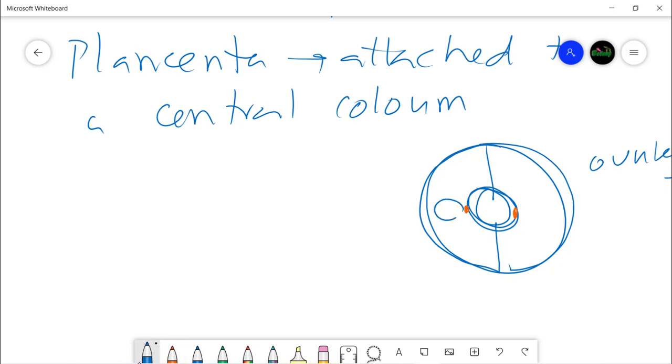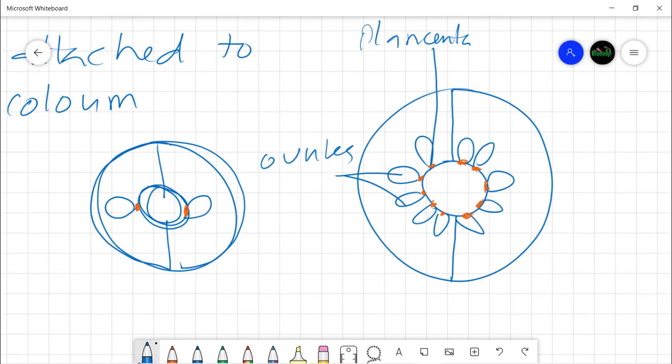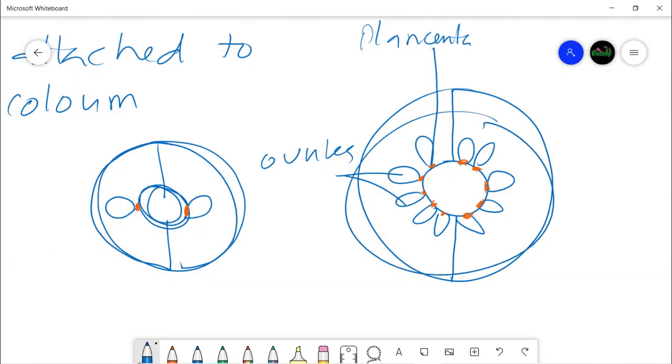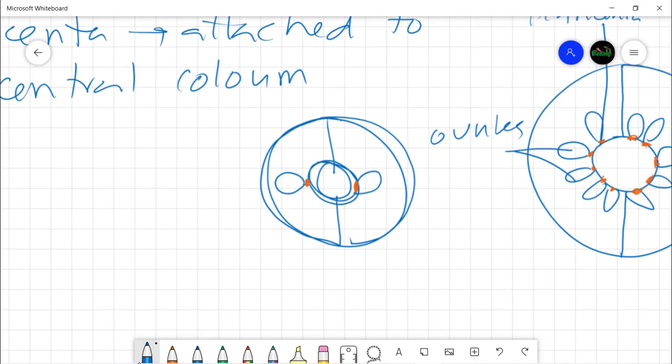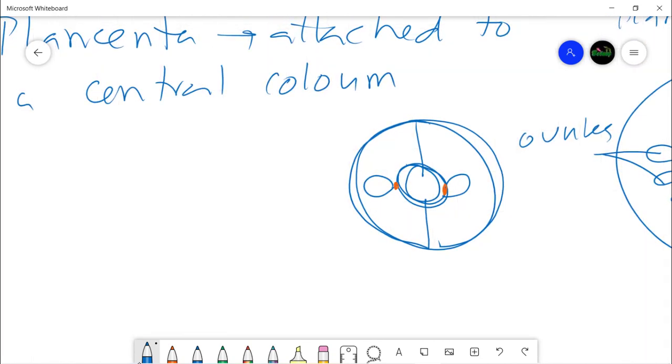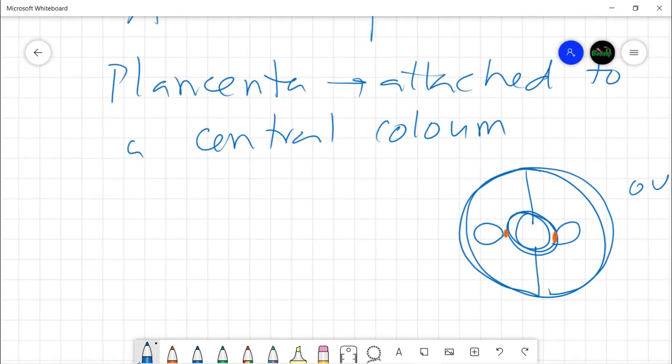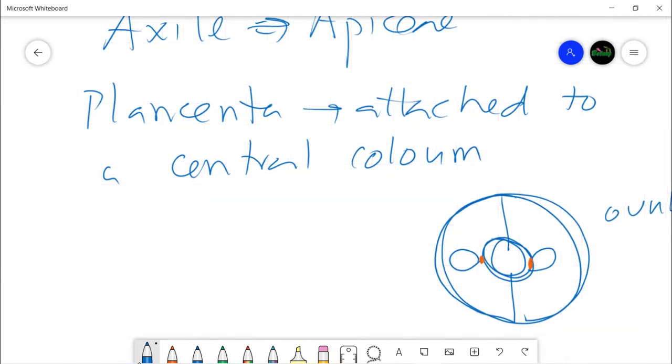So this is the overall position. So we have only two ovules, one in each locule. So this is the axile placentation and the position of axile placentation in family Apiaceae. Actual axile placentation looks something like this, but in Apiaceae, since there is only one placenta per locule and to each placenta one ovule is attached, we have two ovules, one ovule per locule. So this was the placentation of the ovary.